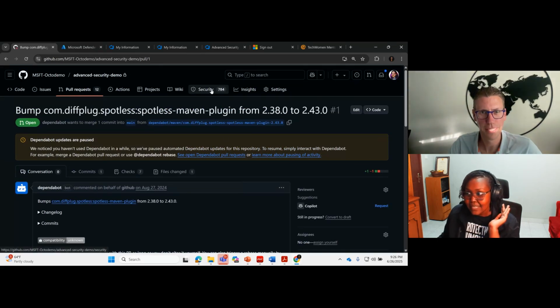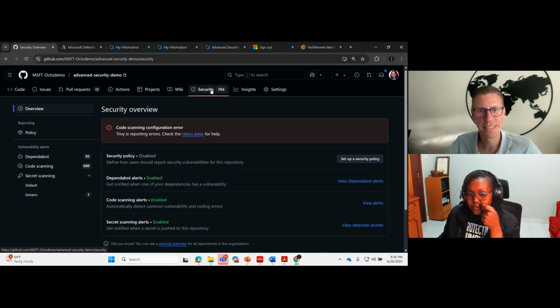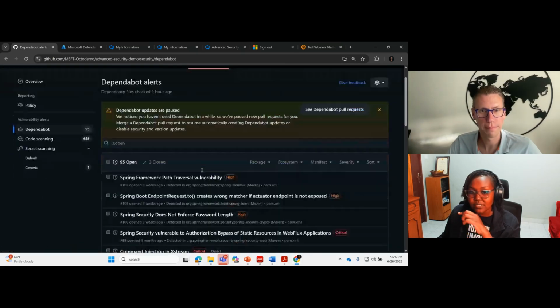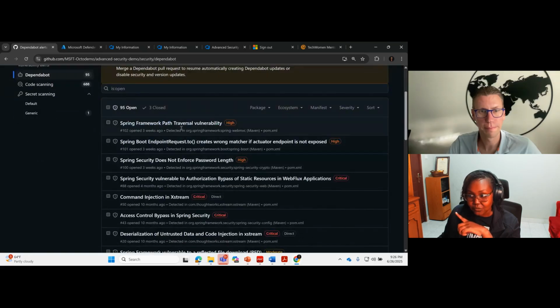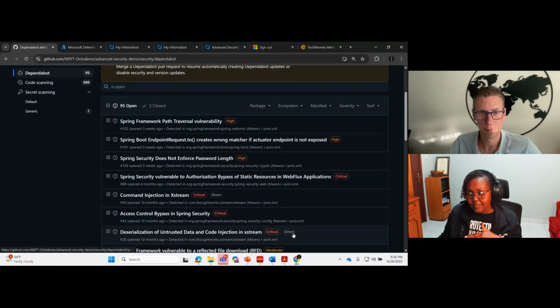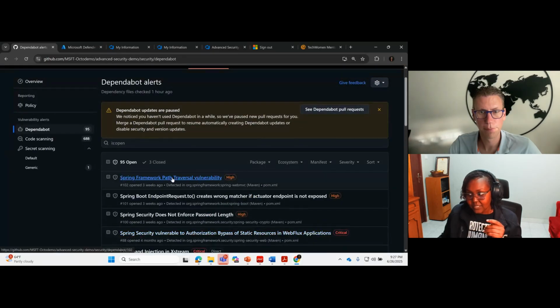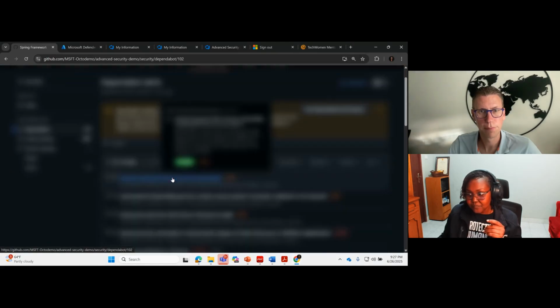It's amazing. Yes, exactly. It's very helpful. Since we're talking about dependencies, we have this dashboard as well, which shows you all the security vulnerabilities. For dependencies, you can see all those dependencies that are out of date. It's ordered by security severity, so we have high, critical, moderate, and so on. So if you go to one of them,